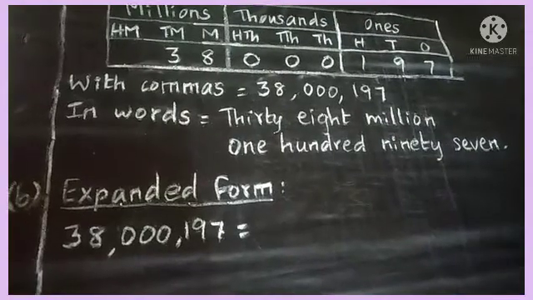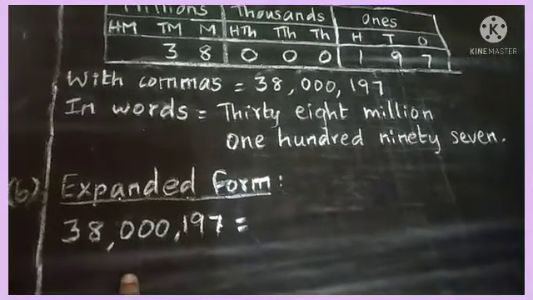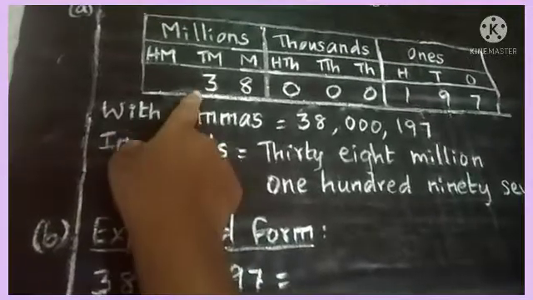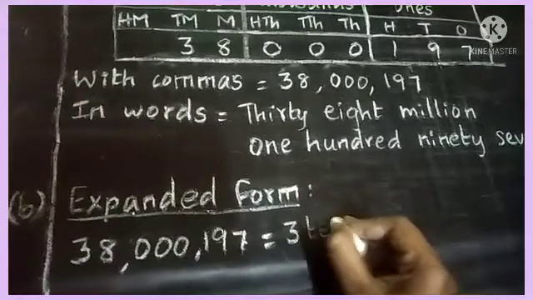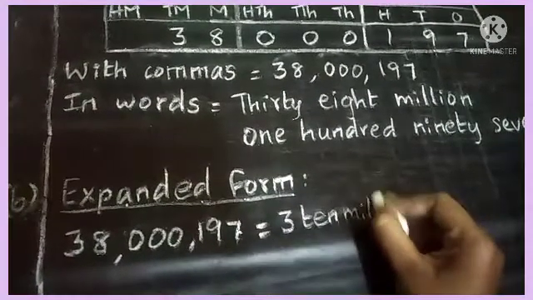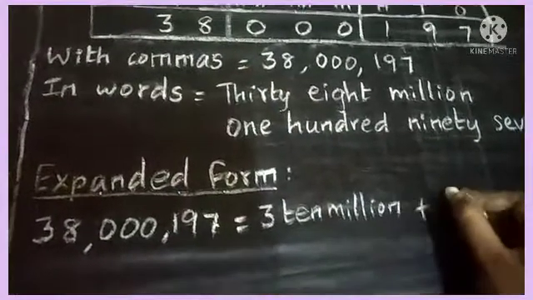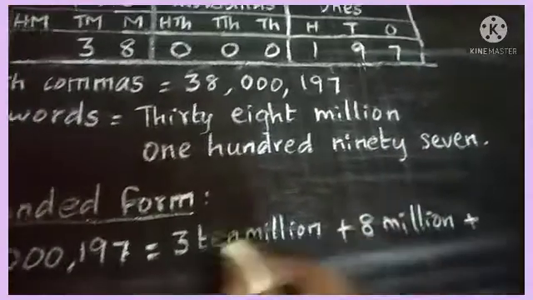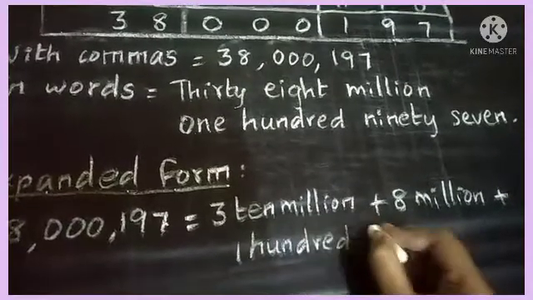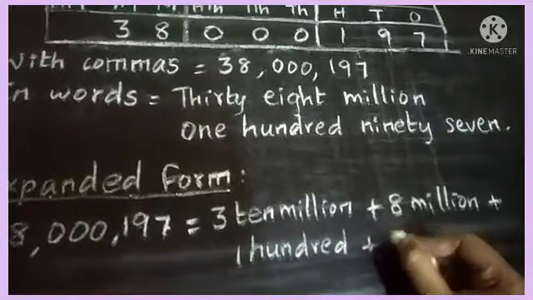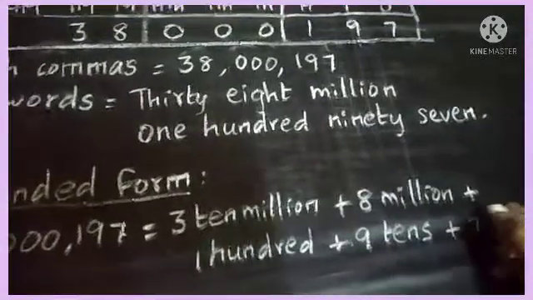Let's write the expanded form of 38,197,000 is equal to, here 3 in 10 million, so write 3 10 million plus 8 in million, so write plus 8 million plus 100 plus 9 tens plus 7 ones,